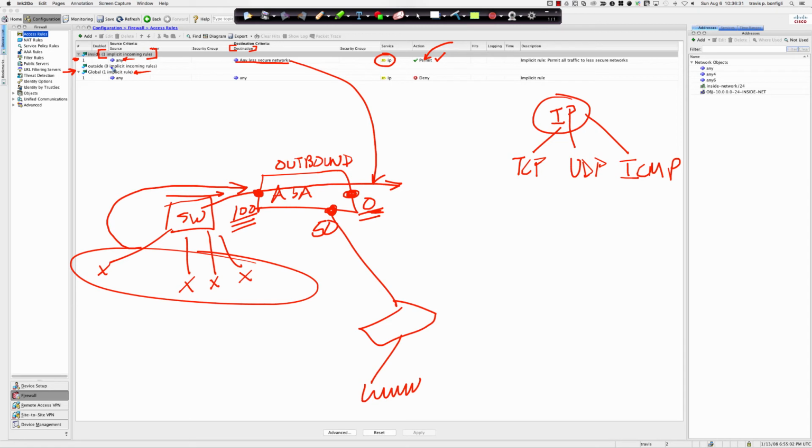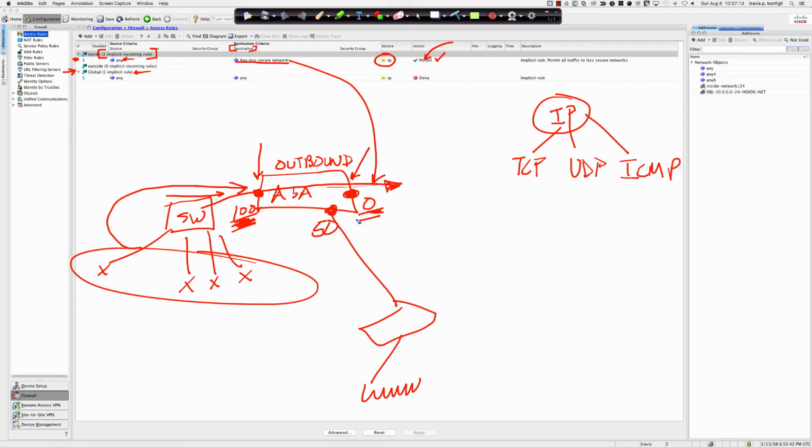Because as soon as I apply an ACL via the access group command to that interface or that interface, like let's say we want to do port forwarding, we're going to be doing that, right? So I'm going to have to allow traffic to come inbound on that outside interface. So we're going to have to put an ACL there. That's when the default behavior changes. And it's no longer correct to say that traffic from a higher level security zone can by default go to a lower level